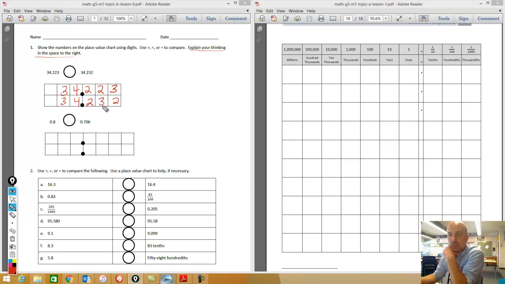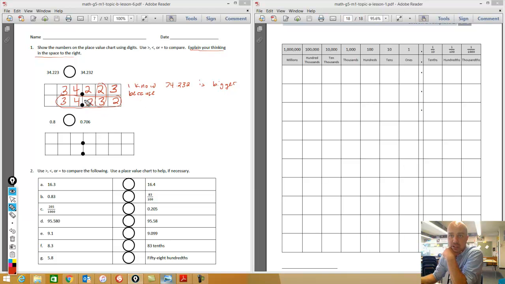They're both 2s. The numbers in here, they're different. And the one number, on the bottom, the 3 is obviously bigger than a 2. So then at this point, you can just stop. You know that this one is bigger because, so I know 34 and 232 thousandths is bigger because